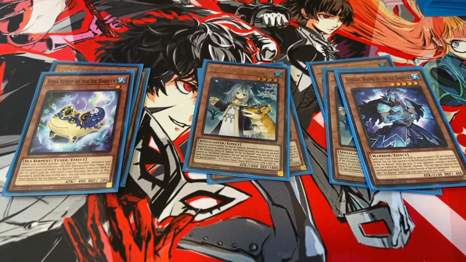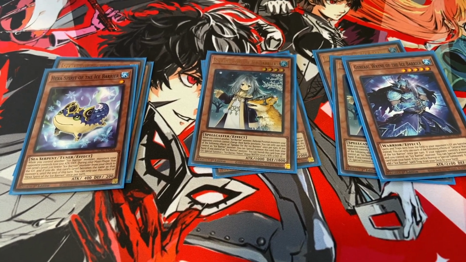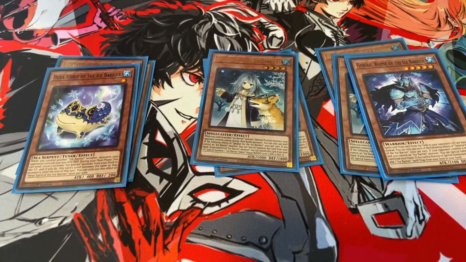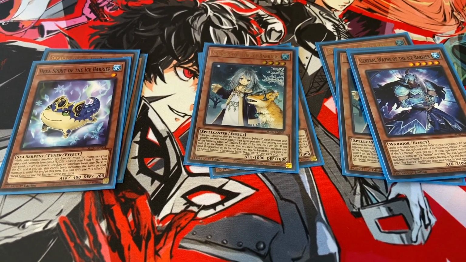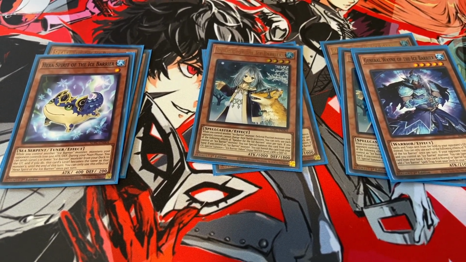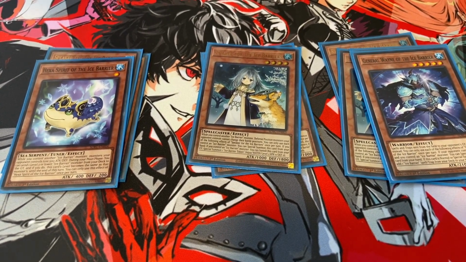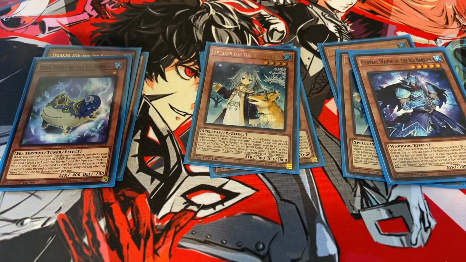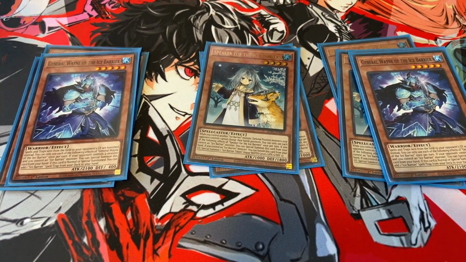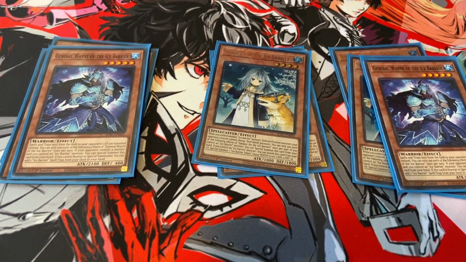His effect: spells and traps sent from the field to your opponent's graveyard are banished instead. You can use each of the following effects of General Wayne once per turn. If your opponent controls a monster and you control an Ice Barrier monster, you can special summon this card from your hand. It's a free special summon. If this card is normal summoned, you can add 1 Ice Barrier spell or trap from your deck. So it's a free summon. It's also a free search. What's not to like about it? And then next up,